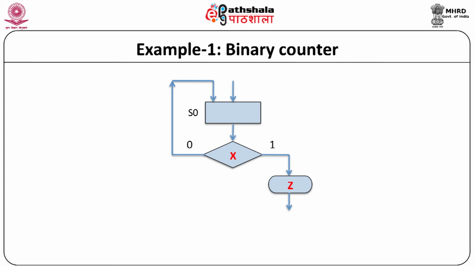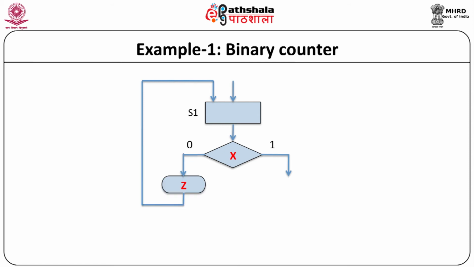Let us consider the present state of the state machine is S0. When input X is applied, then the machine makes transitions depending upon the value of X. If x is equal to 0, the control is transferred back to the same state, which is equivalent to self transition, and the output is z equal to 0. When x is equal to 1, the control is transferred through the conditional output box, where output z is equal to 1 and the system leaves the first ASM block.